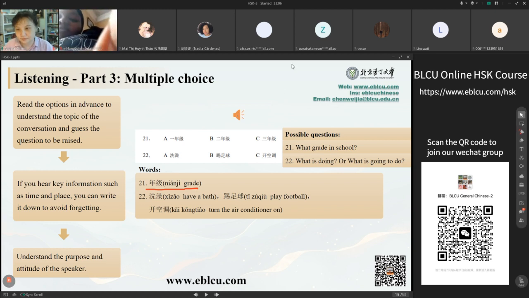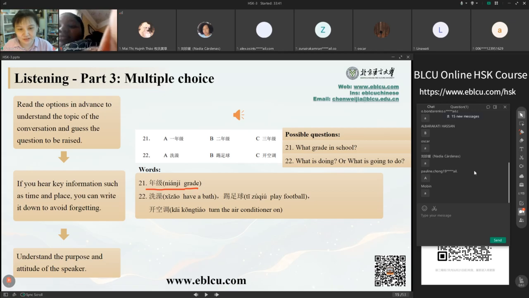22， 外面太热了，我要去洗个澡。 快去吧，这么热的天，你就不该出去打篮球。男的准备做什么？